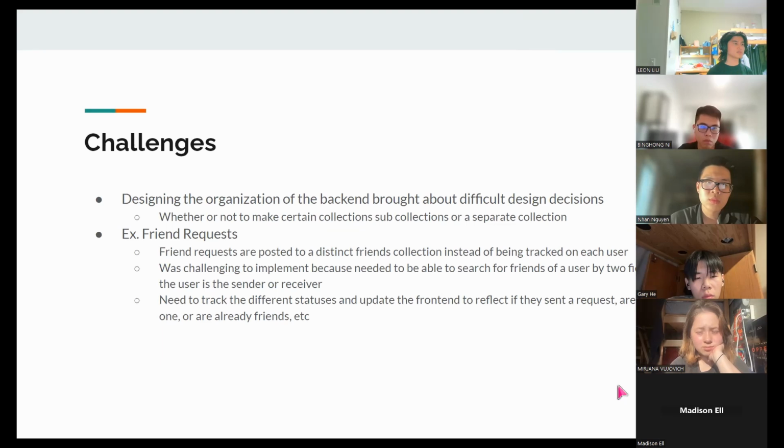For example, whether or not to make certain collections sub-collections or a separate collection entirely. For our liked list, it's part of the user database. But for example, for friends and friend requests, that's a separate collection. And some additional challenges with friend requests are that friend requests